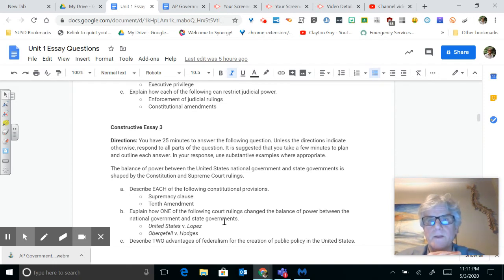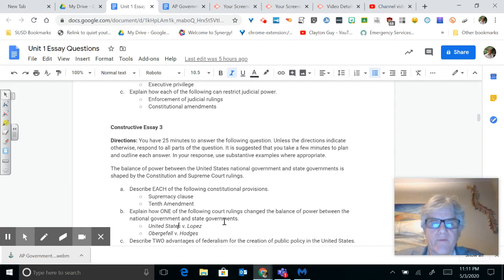The states cannot nullify laws or rulings. The Constitution is the supreme law of the land. The 10th Amendment is your reserved powers to the states. It says basically that if a power is not expressed in the Constitution and it's not denied to the states, the power goes to the states. So there is this tug and pull between the implied powers and the 10th Amendment. Under the Supremacy Clause, the federal government is supreme. The 10th Amendment says, well, if it's not listed in the Constitution, it goes to the states. So that's the balance of power. That's the struggle in that.